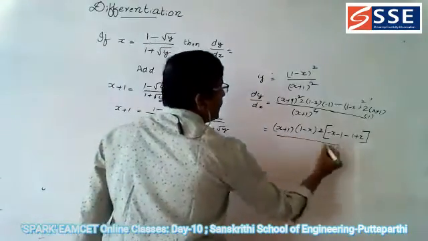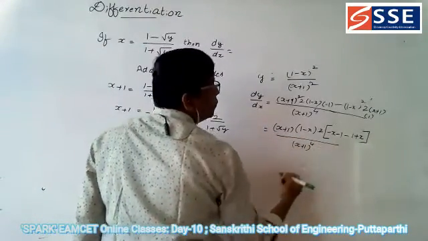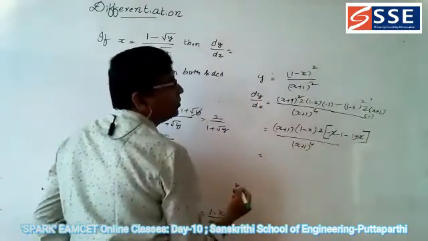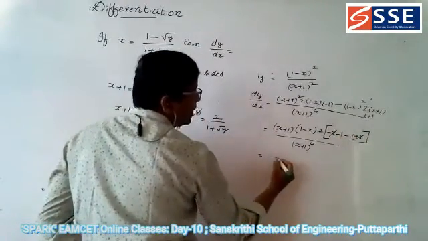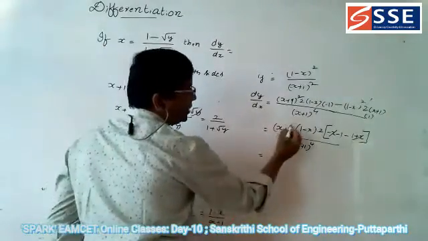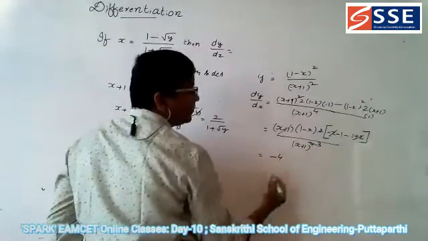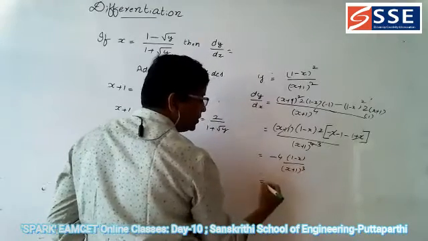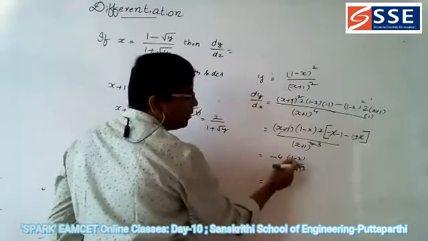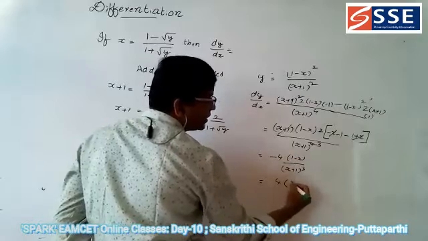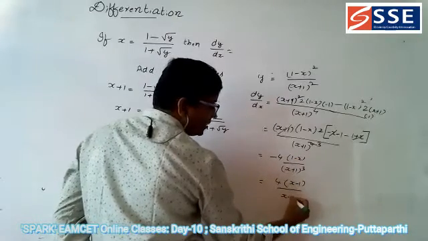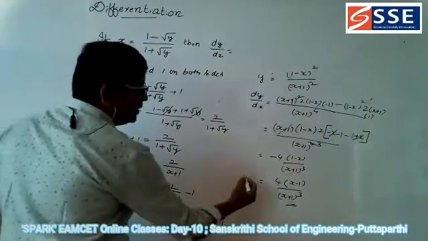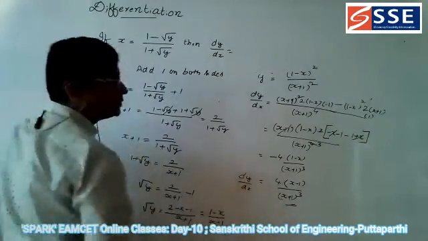So divided by x plus 1 whole power. Here plus x minus x get cancelled. Now minus 2 into 2 minus 4. Okay, x plus 1 is simplified: 3 times into 1 minus x divided by x plus 1 whole. That is equal to 4 into, I am taking minus common here, reverse: x minus 1 divided by x plus 1 whole. So this is dy by dx.